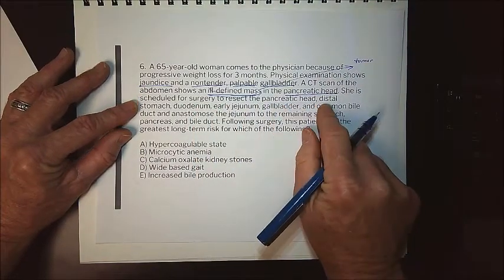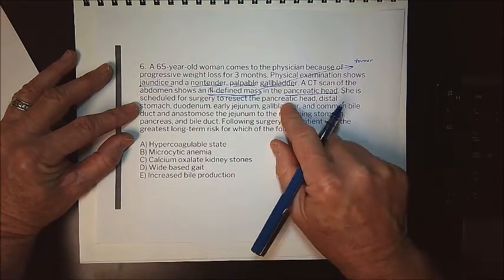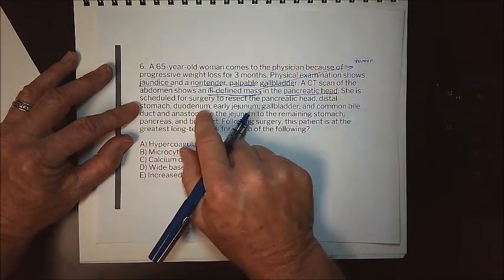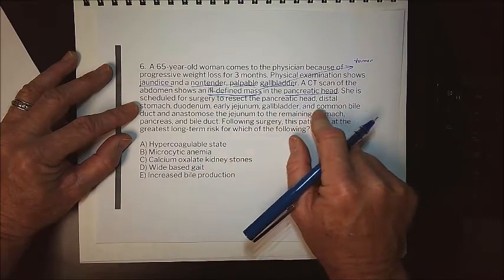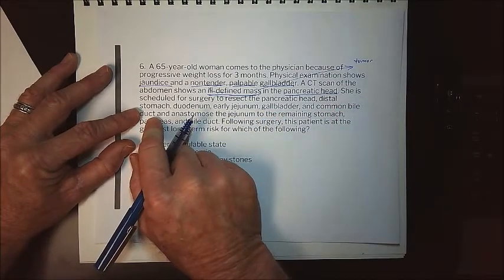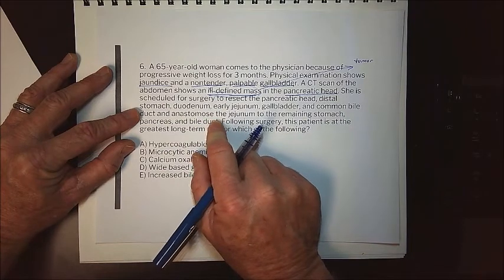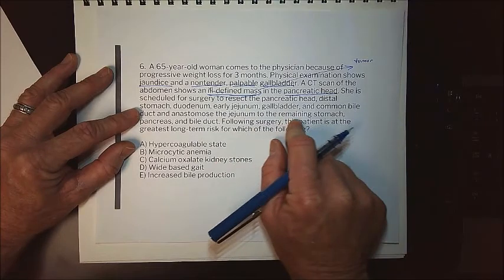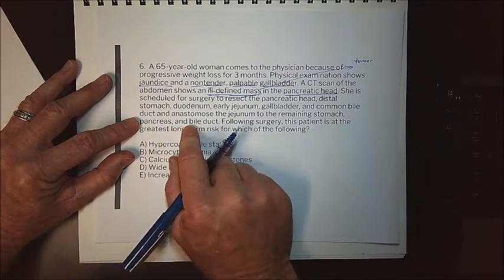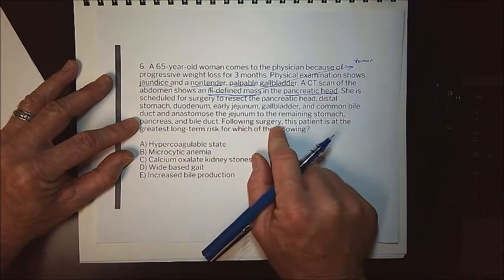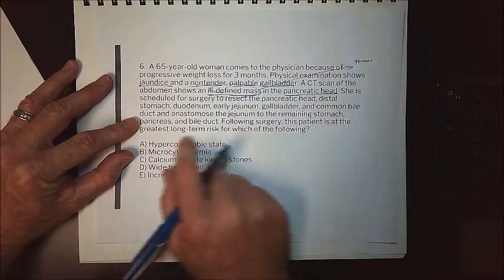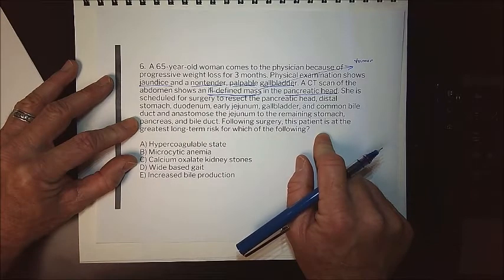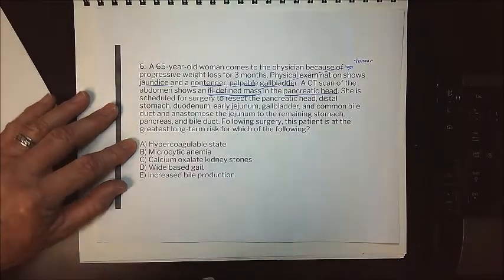So that's being removed. It must have metastasized to its local environment because the distal stomach is being removed, the duodenum, the early jejunum, gallbladder, and common bile duct, and anastomose the jejunum to the remaining stomach. Okay, so this is kind of one of those pull-through like surgeries, pancreas and bile duct. Okay. Following surgery, this patient is at the greatest long-term risk for which of the following? Okay. So now, with this particular case here,